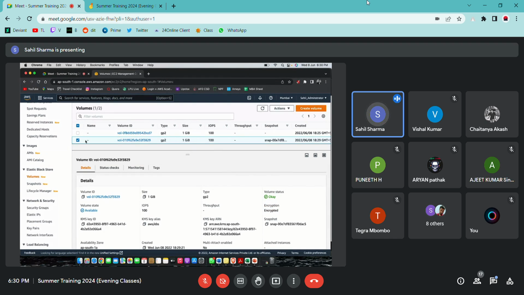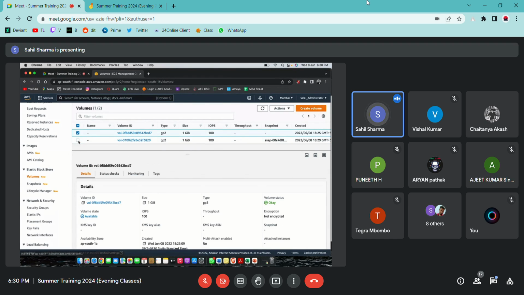We started with the volume. If I click on this particular volume, the previous one, what I have done is, from this non-encrypted volume, I created a non-encrypted snapshot. Then from non-encrypted,